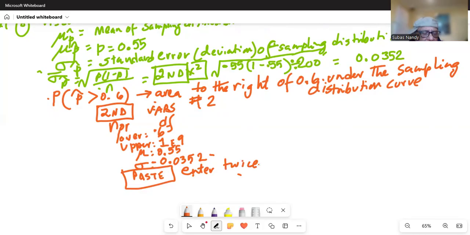Okay, so let's do it. Second verse, as I said, second verse in the third row. Then number two is normal CDF. Everything remains the same except the standard deviation, which is now 0.0352. And we go down, put the cursor on paste, enter twice, and the answer is probability p hat greater than 0.6 now is